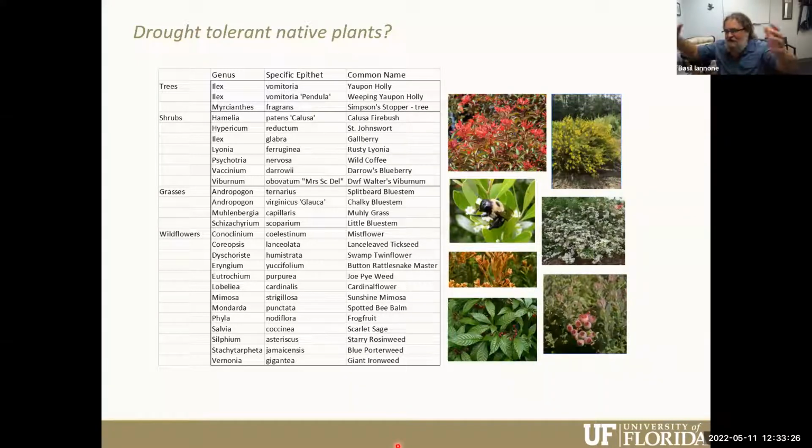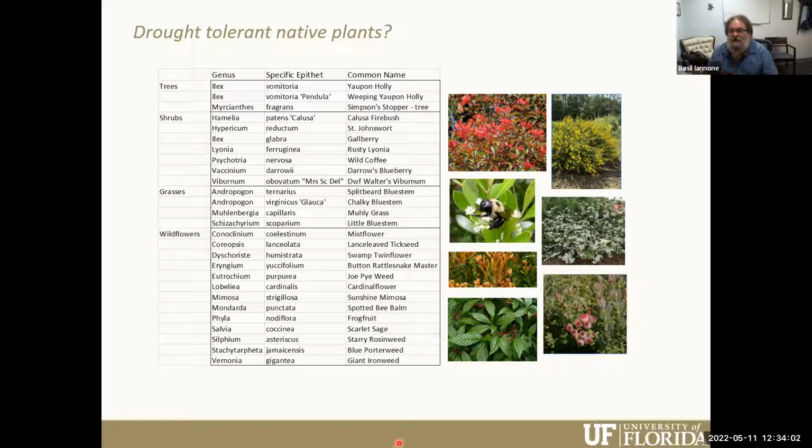But if you go out into the natural environment, into the forest, into other areas, plants seem to be doing just fine during most droughts that we get in Florida. There are a lot of native plants that are very drought tolerant. So we suggested, well, why don't we start to explore native plants in your landscape? The developer couldn't care less about native plants, but they did care about water conservation. And we also thought if you were using drought tolerant plants, you wouldn't need irrigation, and you wouldn't need fertilizer for these native plants. So that's another way that we might be able to protect the lakes that they're concerned about.